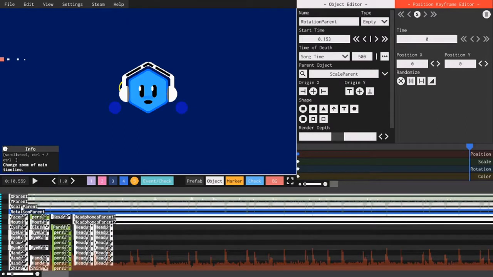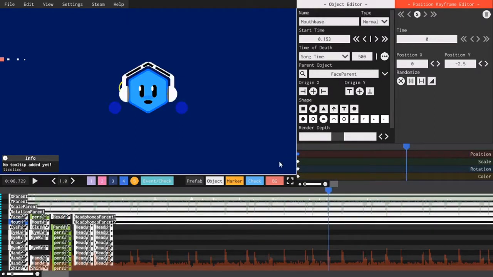So what I do for my character's face, you don't have to do this, but you can if you want. I have a parent for the face itself. This is just the whole face. You can move it around, and I use it to make the character look around. Then I just have the mouth as one or two objects. I'll have it parented to one of the mouth objects, like for this